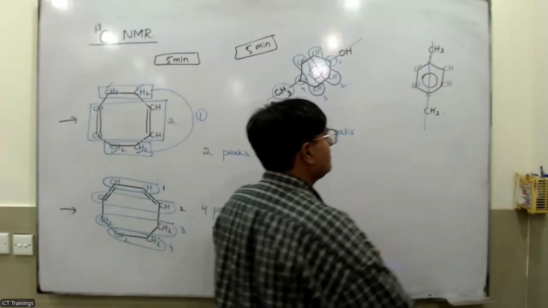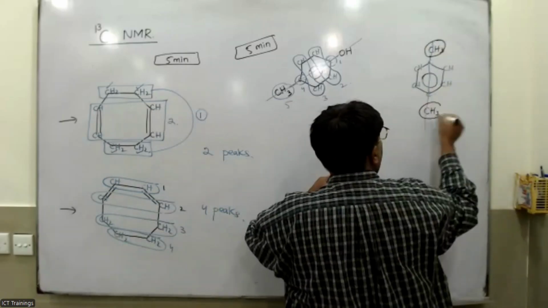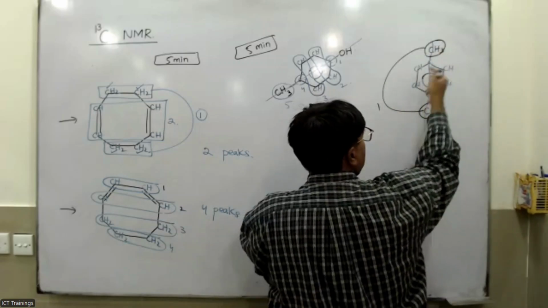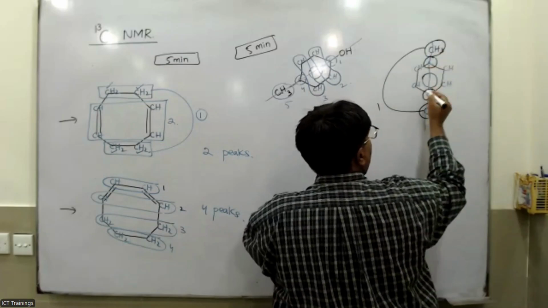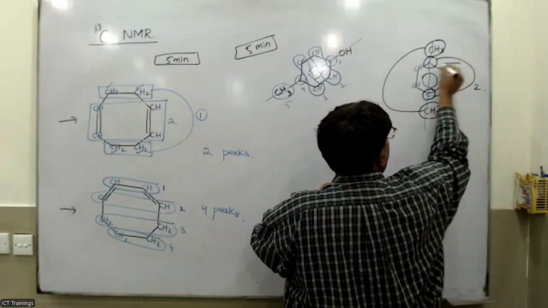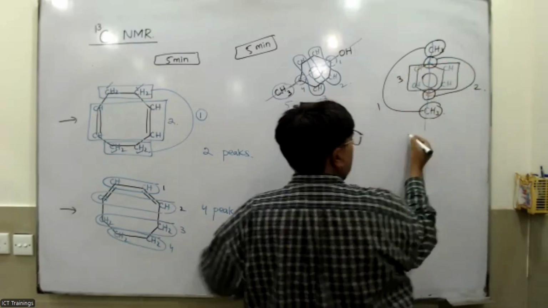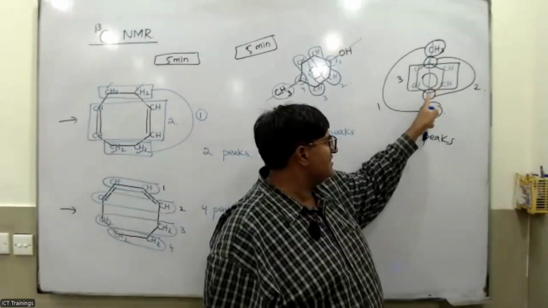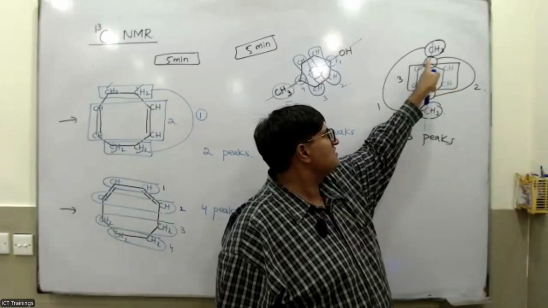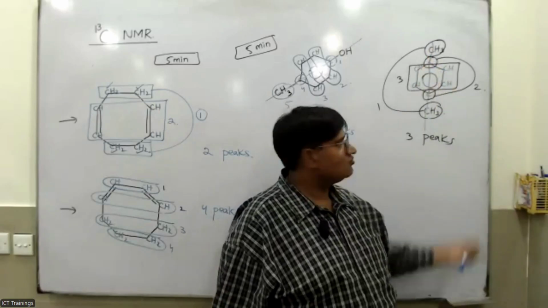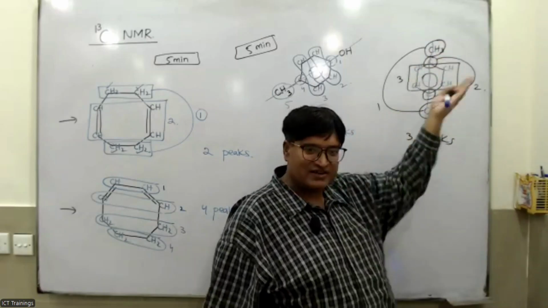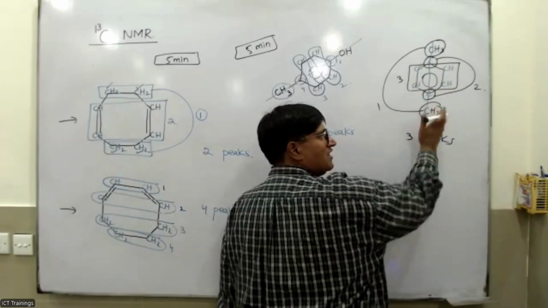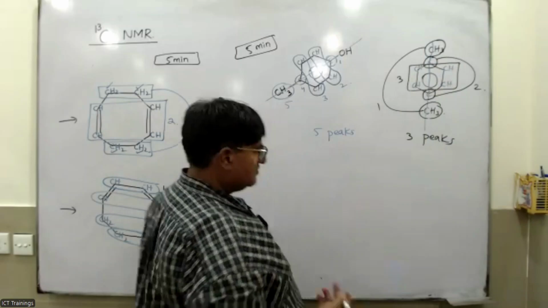ये और ये, दे आर वन एनवायरनमेंट। दो क्यों? CH3, C, फिर CH, ठीक है, ये दोनों कार्बन सेम एनवायरनमेंट में, टू, और ये चारों के चारों सेम एनवायरनमेंट में हैं, थ्री। तो थ्री पीक्स बननी हैं। ये देखो ना, ये CH के इधर C और CH3 है, इस CH के भी इधर C और CH3 है, तो ये चारों का एनवायरनमेंट देखो, डिफरेंट है। अगर यहाँ पर कोई डिफरेंट चीज लगी होती, OH लगा होता, तो फिर वही डिफरेंट हो जाते। ओके।